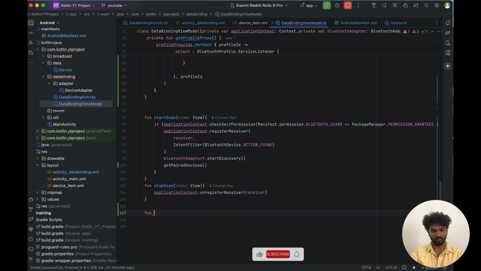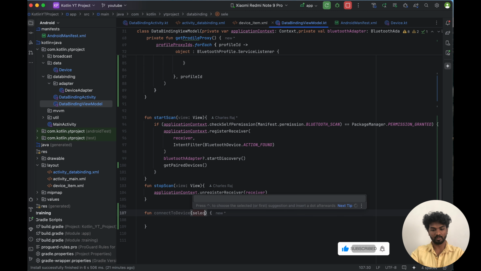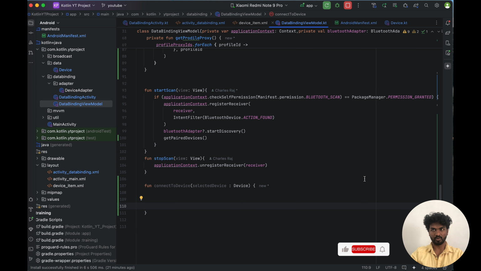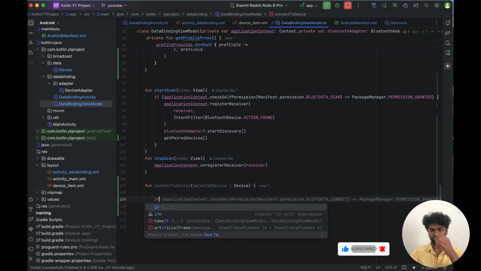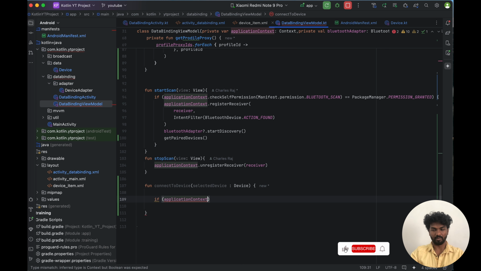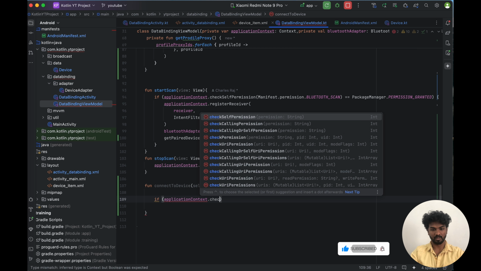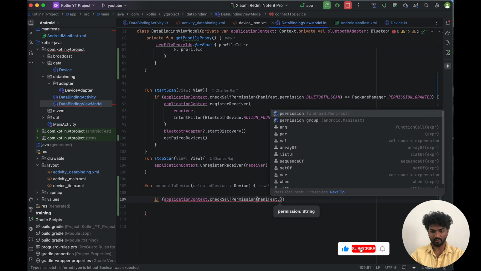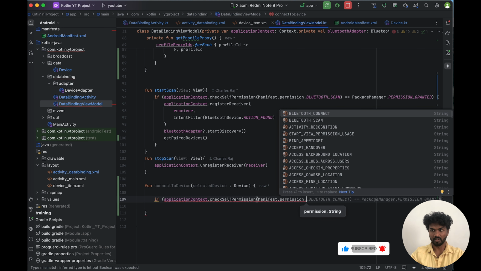Okay, I'm going to create one function to connect to the device. The selected device we are going to get as an input, and here we need to check the permission: if application context dot check self permission, manifest dot permission dot Bluetooth connect,